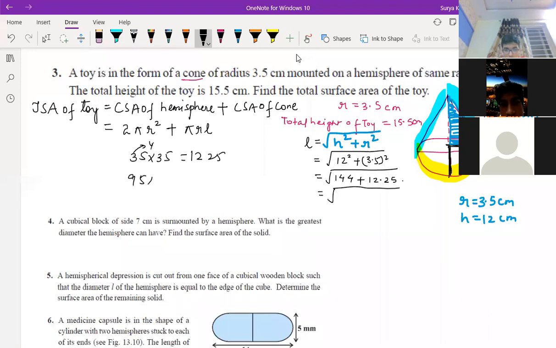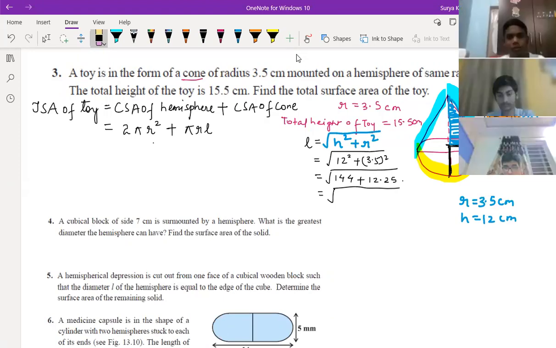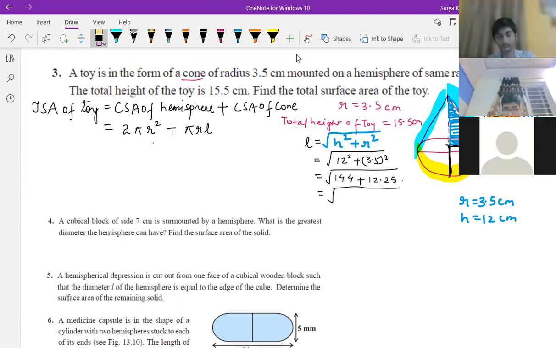Suppose I want 95 into 95. So what I should do? 9, after 9, what is coming? 10. So 9 into 10 is what? 90. 90, 25. Understood? So this is a short trick, Vedic maths like that. If you know, you can calculate easily. 25 into 25, 625. That also you can do whatever you want. No, that also can convert into fraction, not a problem.